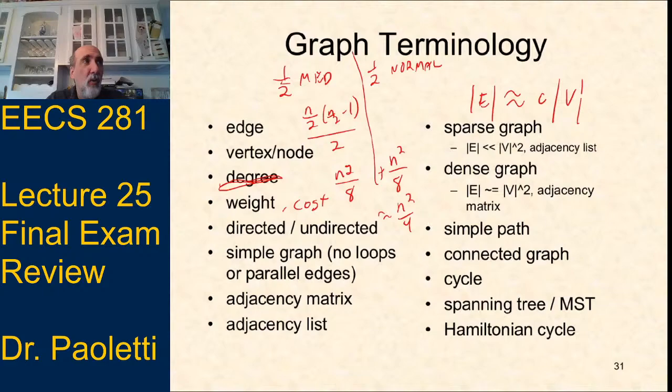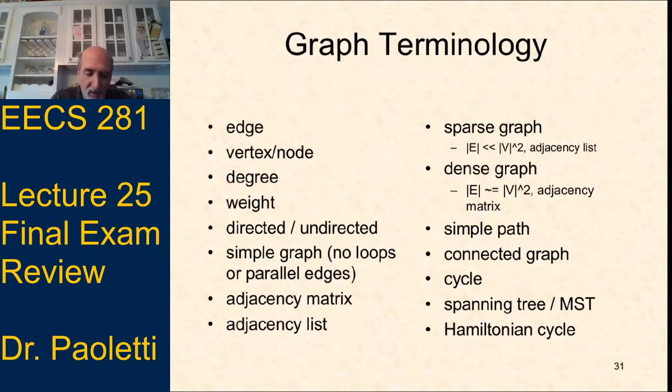So if I had a graph, like, let me just erase the markings on here. If I had a graph like this, then that is a spanning tree. It connects all of the nodes while creating a tree, but it's probably not minimum. Probably a minimum tree would look more like that. So we could have a spanning tree that's not minimum, but generally, when we have a spanning tree, we want to get the minimum weight.